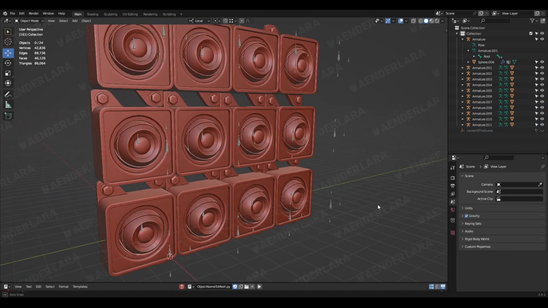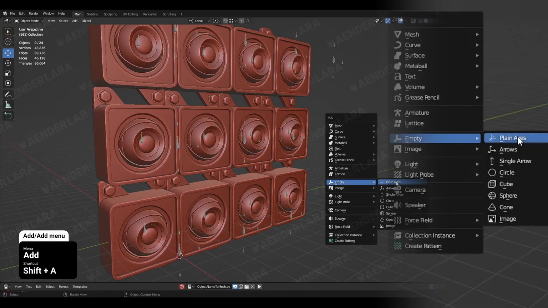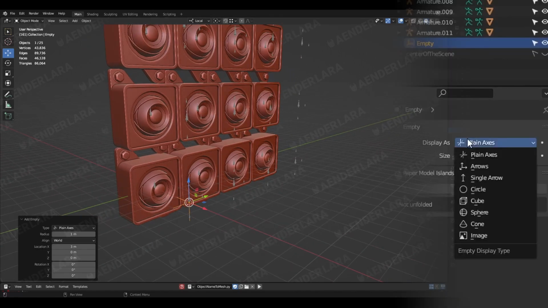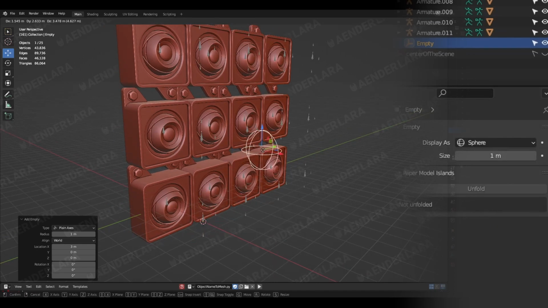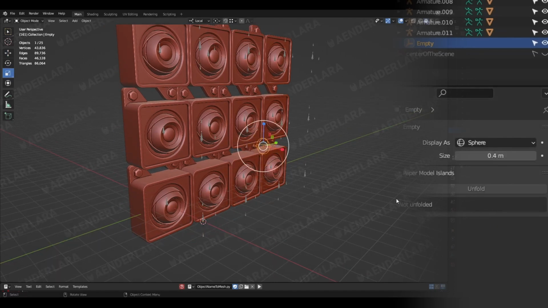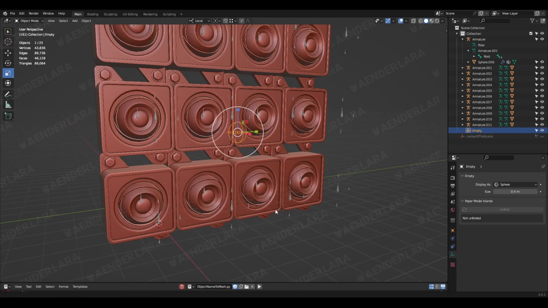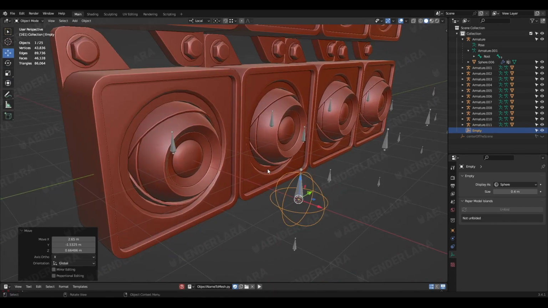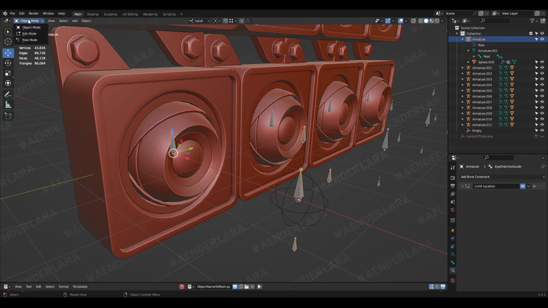For the target direction, I'm going to use an empty object and change the shape to a sphere. What we need to happen is that all the eye controllers must follow the empty object position.